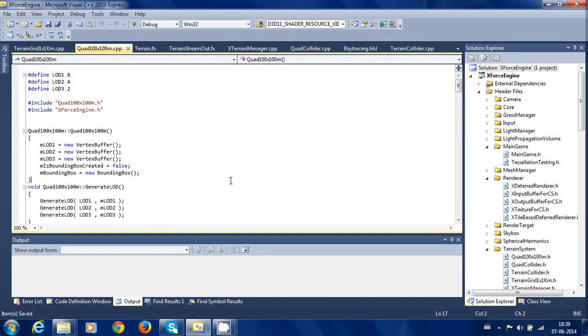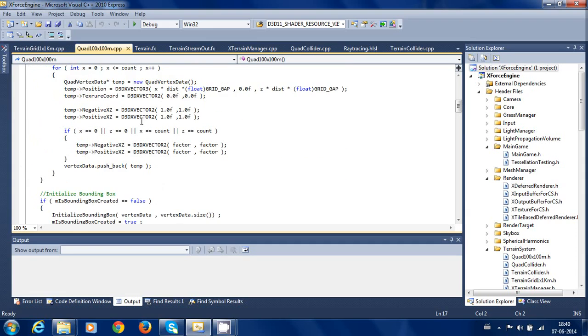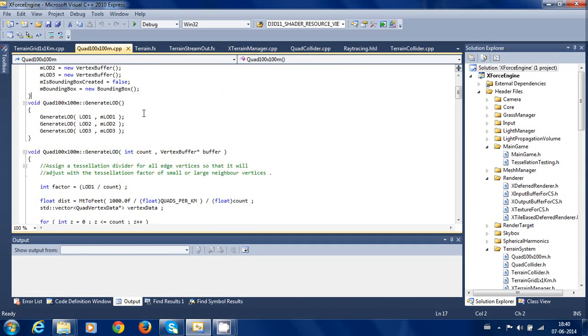In DirectX 11 we have two techniques known as hardware instancing and tessellation. I'll show you how I'm generating the terrain using these two techniques. The root of my system is a quad which is 100 by 100 meters. This holds the vertex buffer. I'm generating three levels of LOD. LOD 1 consists of 8 by 8, 64 vertices, LOD 2 4 by 4, 16 vertices, LOD 3 2 by 2, 4 vertices. In total I have 84 vertices,